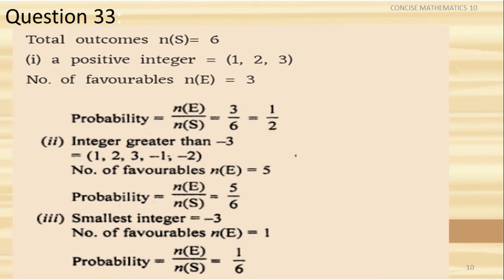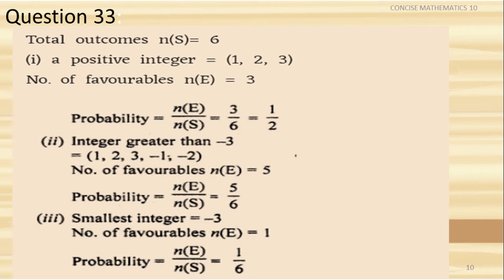Next, question number 33. A dice has 6 faces marked by the given numbers as shown below. Usually we used to solve the dice problems with numbers 1, 2, 3, 4, 5, 6. But here a different set is given. The dice are marked with 1, 2, 3 and -1, -2, -3. So the total number of possible outcomes is 6, but the numbers are marked in other ways. So kindly go through the textbook.